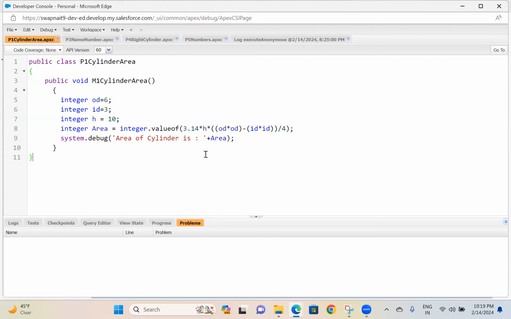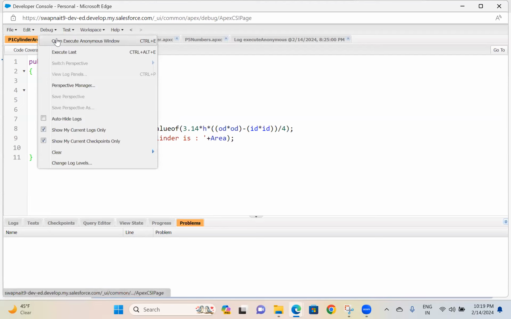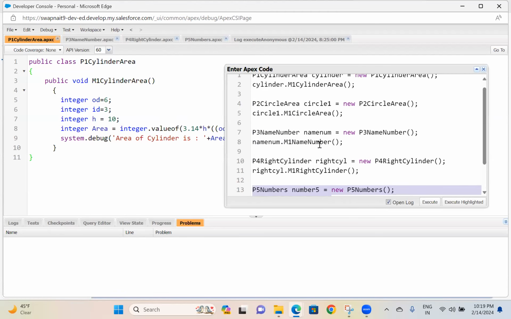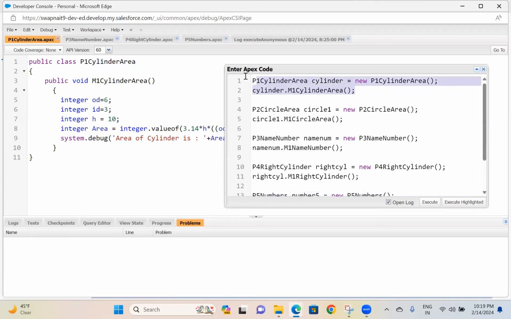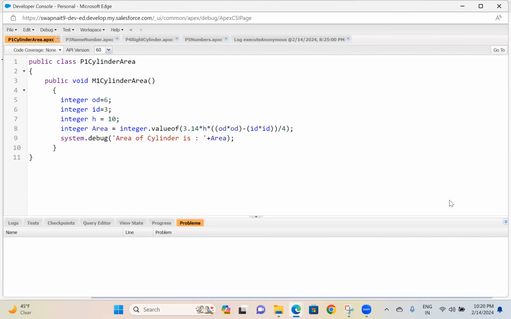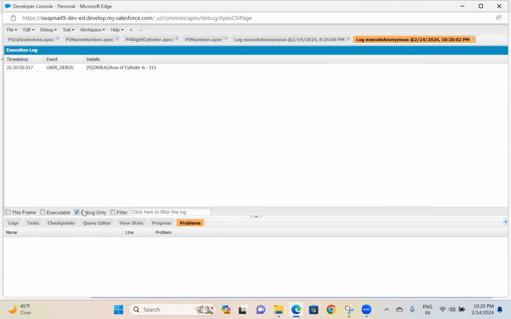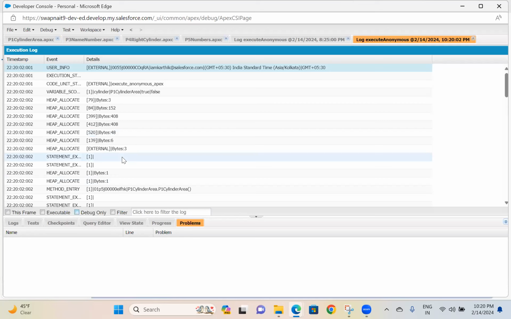Okay, that is fine. Execute this program. Yes, ma'am. Okay, uncheck the debug only. Explain these events.